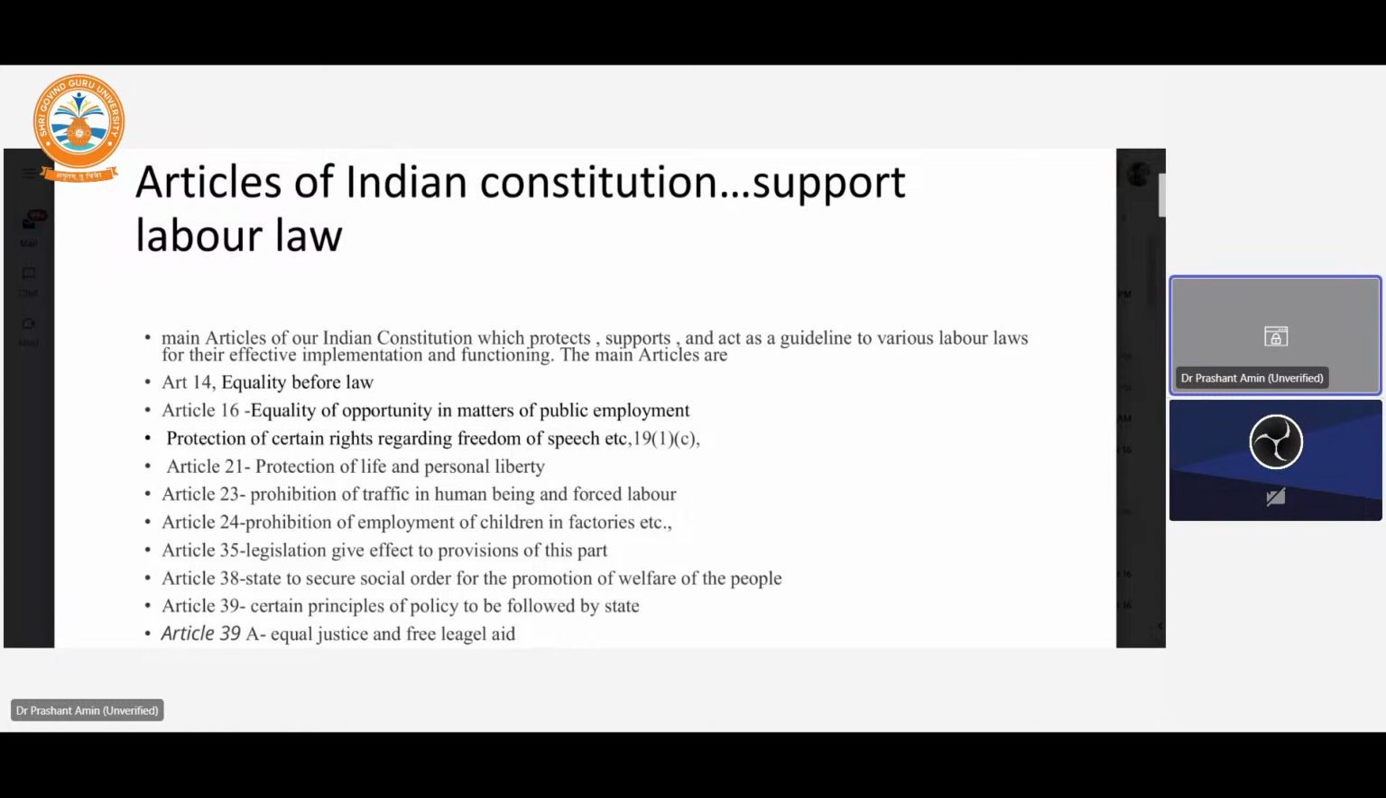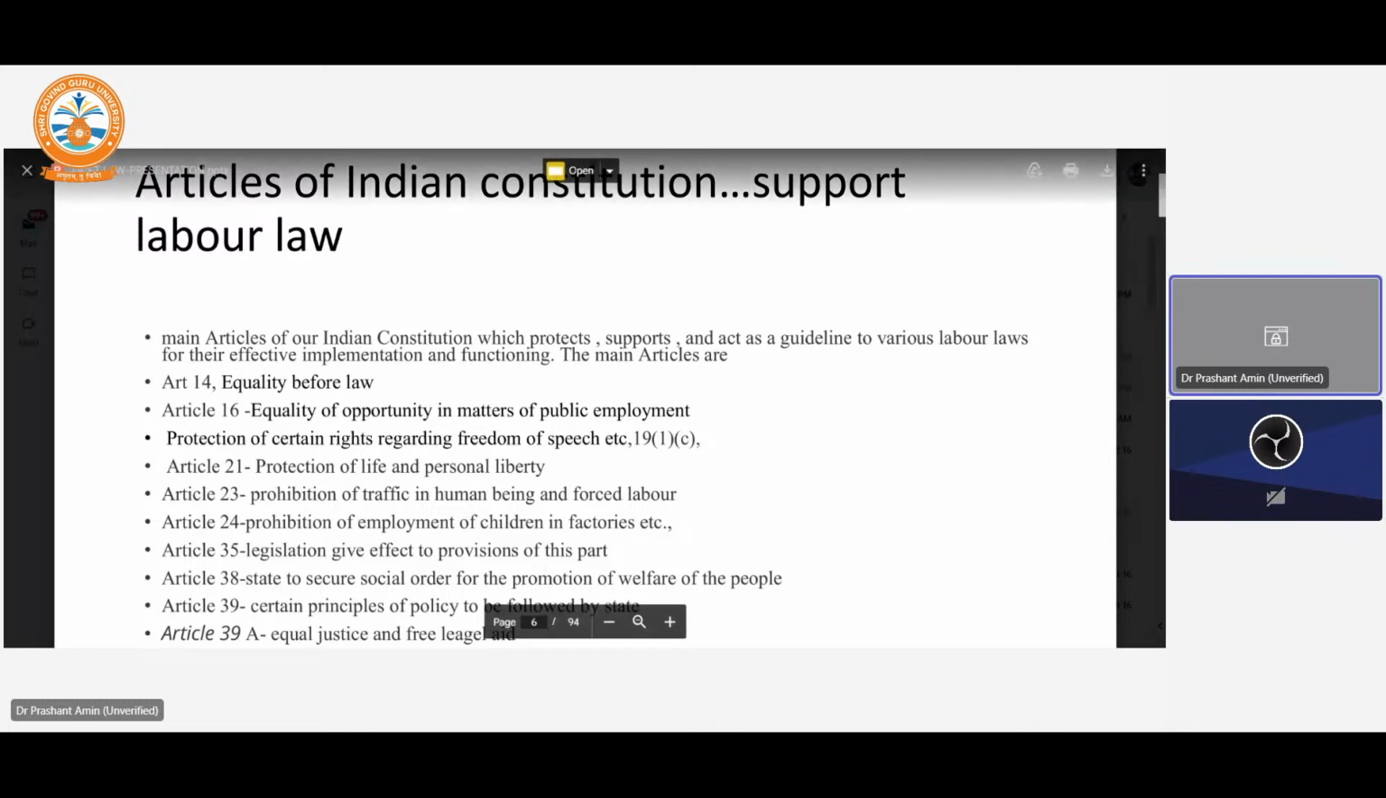Article 16 says that there is equal opportunity in the matter of public employment. When we are talking about public employment, it is nothing but when government companies are publicizing the employment opportunity, then equal opportunity is to be provided. So the employment related rules, all the Apprentice Act in India, are enforceable under equal opportunity in the matter of public employment, right? Protection under the certain act regarding the freedom of speech and expression, which is here